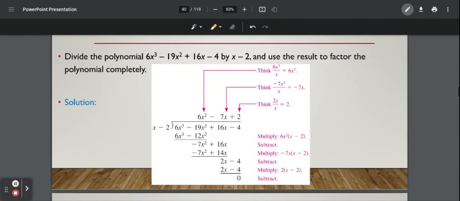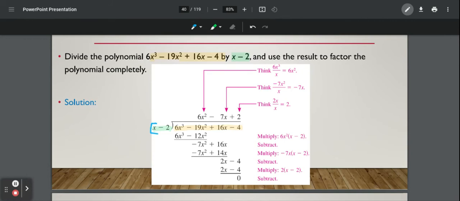So the first thing you do is take this polynomial right here, and that's what goes underneath your dividing sign. And whatever our divisor is, in this case that factor, x minus 2, goes out here in the front. We're trying to figure out, if we were to divide that whole big 6x cubed polynomial by x minus 2, what would we have left? What would be that other polynomial that we could potentially multiply by? So what happens now is we take